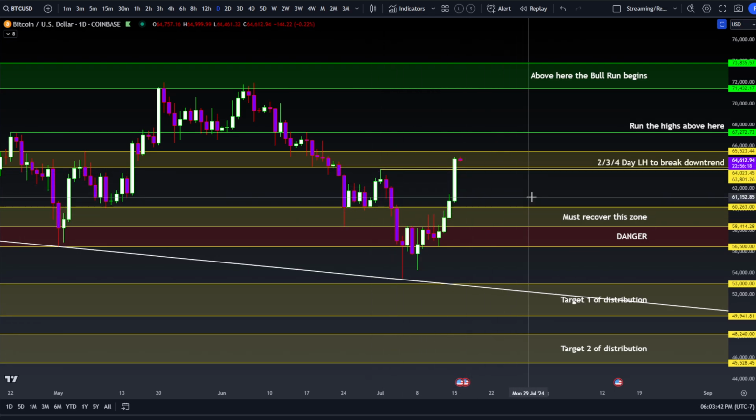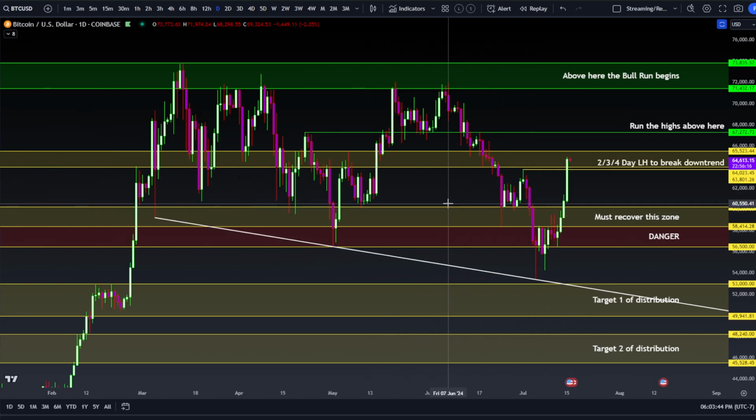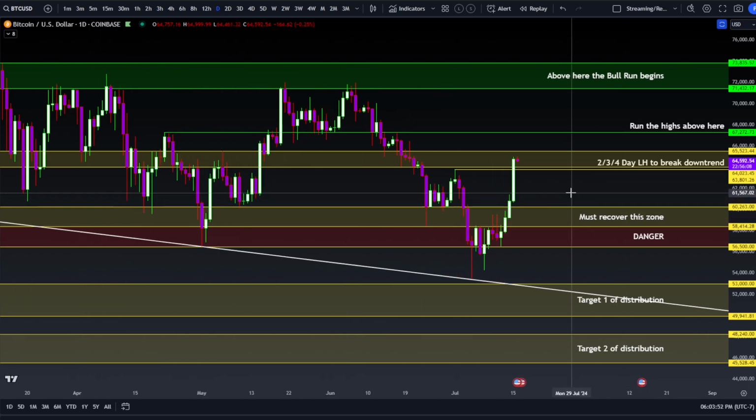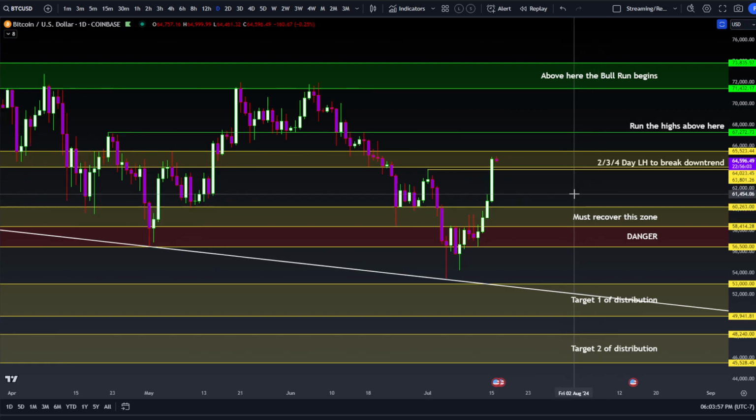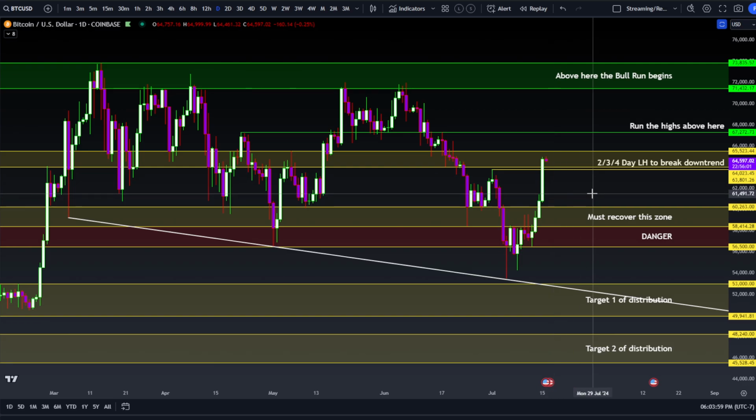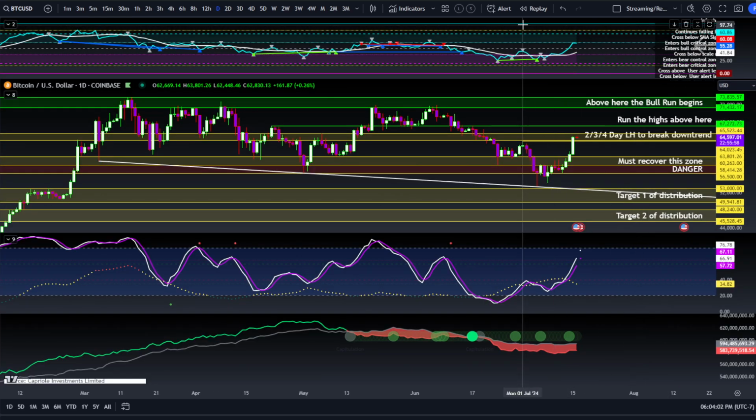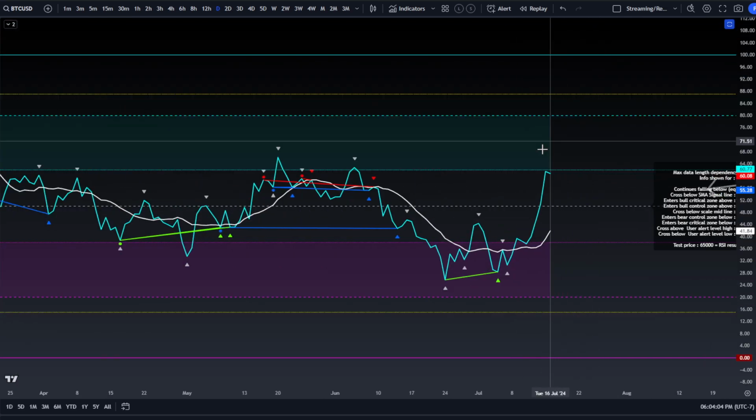Below there is 62K. There's a lot of clusters of candles in here. So we've got even order blocks from the initial move up at around 62 to 62.5. So it could stop there anywhere below the 62K area, and then 60K is in the works, right? So from an RSI point of view, we do have Bitcoin right around the edge of the bullish control zone. First pass rejection of getting into the bullish control zone on the daily is not abnormal at all. So again, looking for pullbacks,